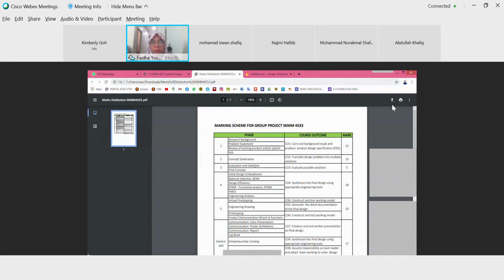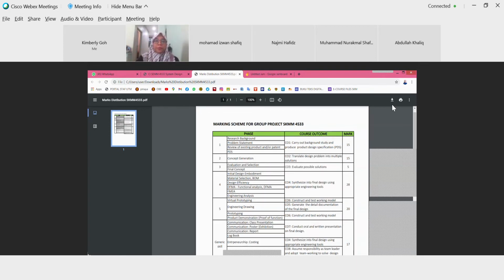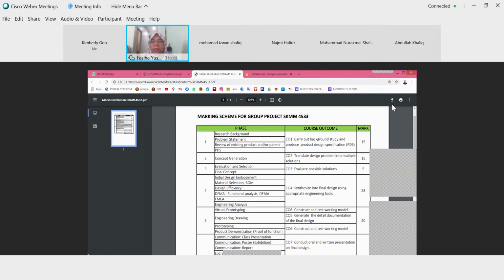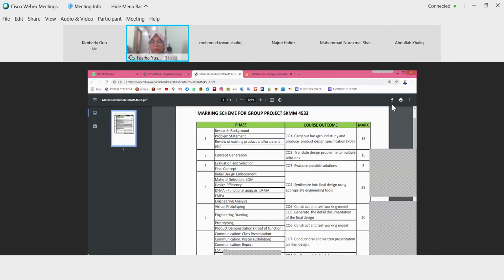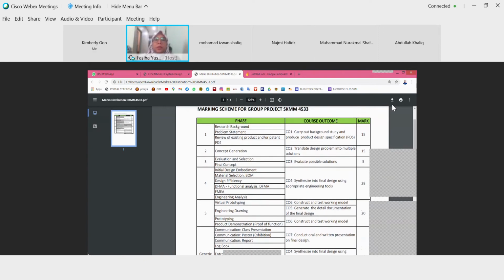Okay, now can you see this marking scheme? Yes, Cikgu. Okay, this one is actually, you can see here, the first column is the phases.